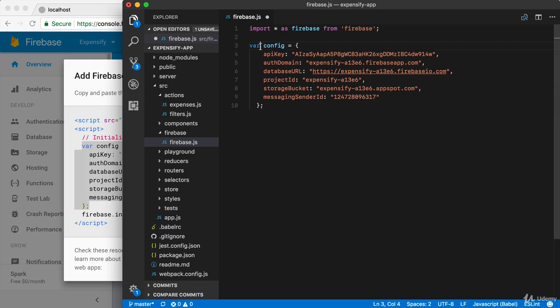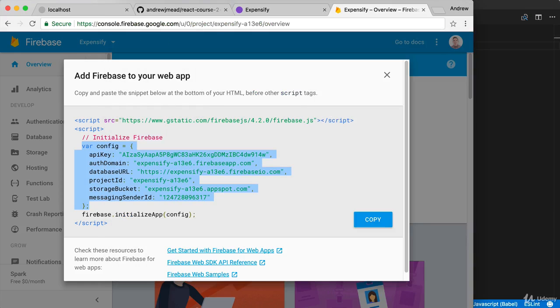Now we can go ahead and change this regular variable over to a const. We are not going to be doing any reassignment of config. And once we have this in place, the last thing we need to do to make the connection is to use the method shown right here,